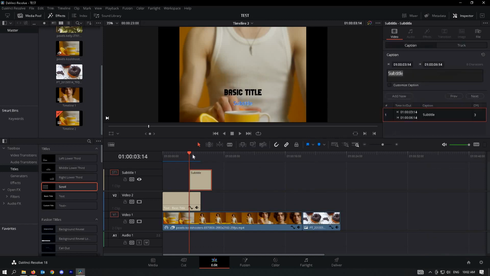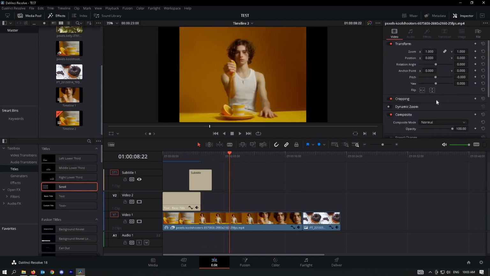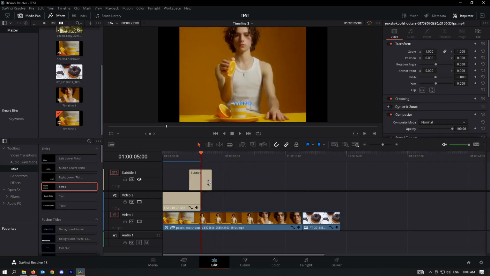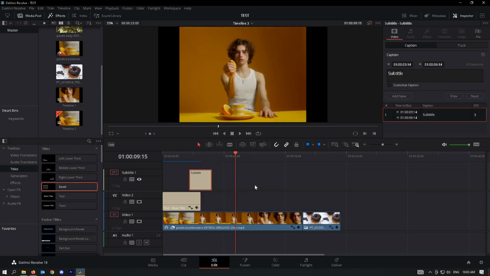Once you go back here, if you want to add a new subtitle, instead of right clicking here on the timeline, you can just go ahead and locate it here. As long as the previous subtitle is selected, it's going to be okay. Once you move to the next scene, you just click on Add New, and that should add a new